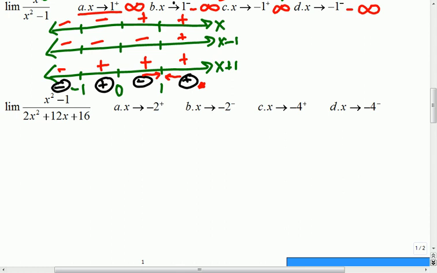is x squared minus 1 over 2x squared plus 12x plus 16. In this case, there's going to be 4 pieces. I'll just give you a heads up. Okay, so there'll be 4 pieces for you to look at. Okay, so I'm going to catch up. Maybe some of you are already there and some of you are just getting there, but